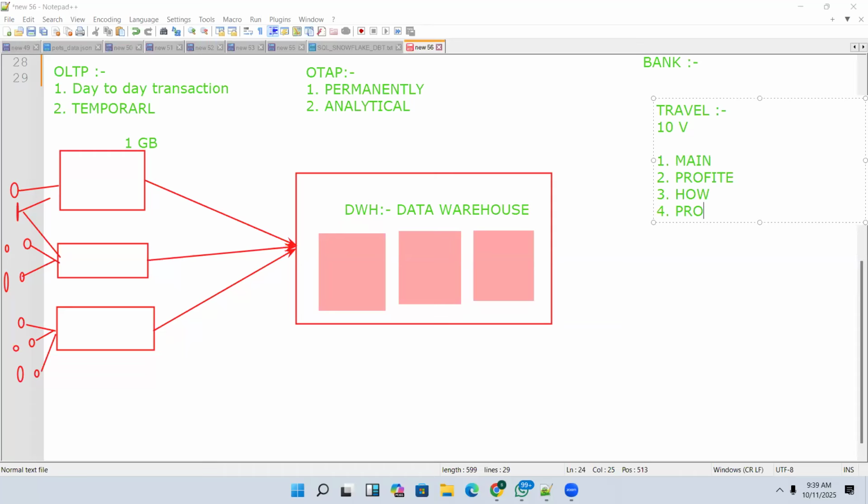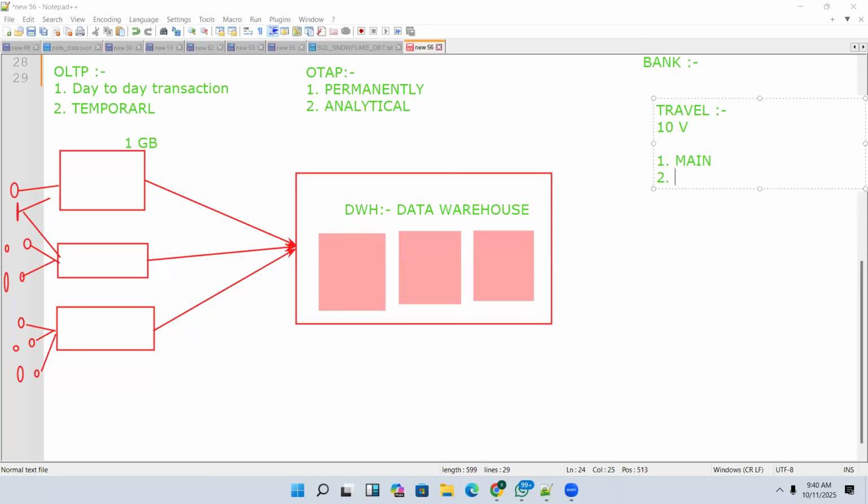These are the types of KPIs, guys, that you need to analyze, right? If you analyze this, you will understand whether your business is making a profit or going into loss. So even for a small travel business with 10 vehicles, you need to analyze so many things to take your business to the next step or to at least maintain it.